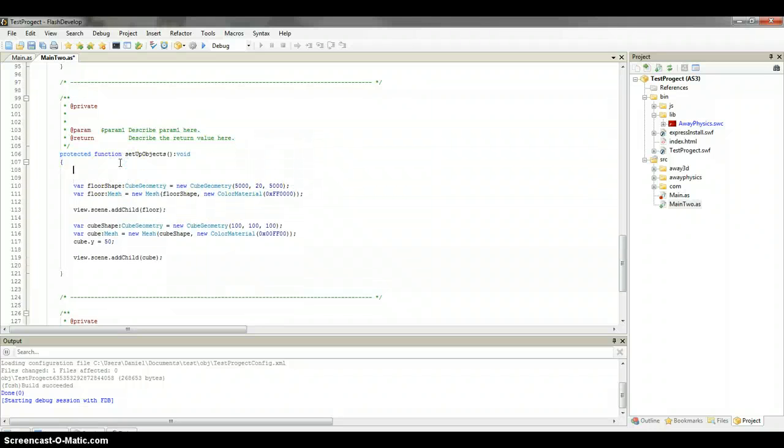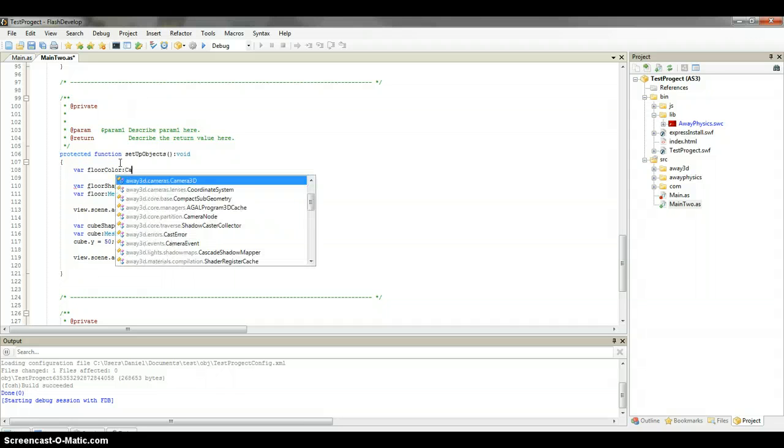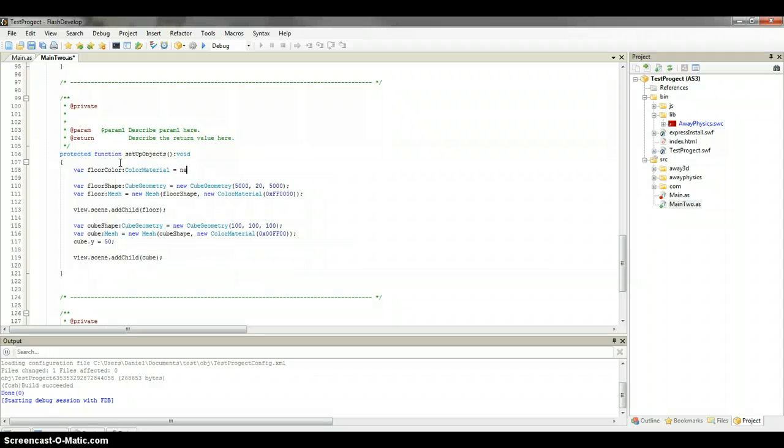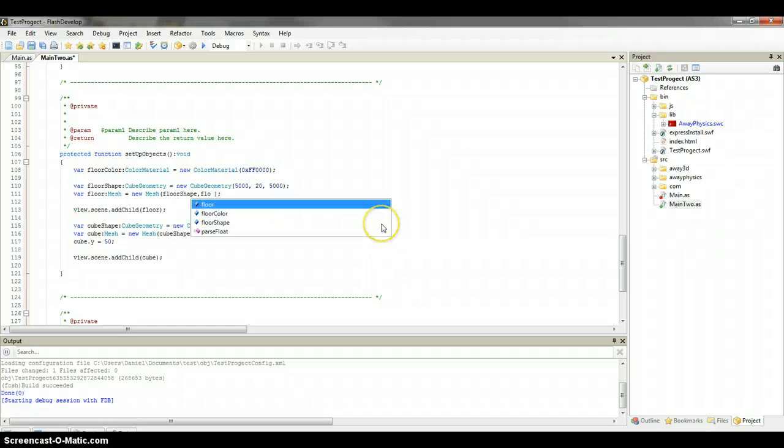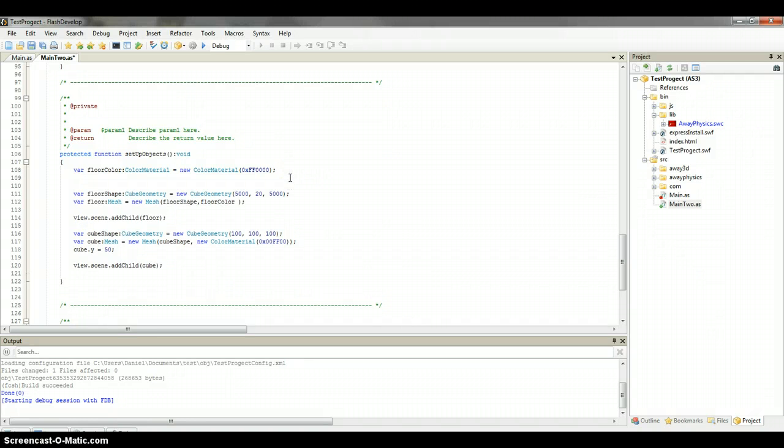Okay, so go down here and see where I add colors. We need to actually, when it comes to this, make color materials. So we'll say floor color, color material. It's new. When you do that, we can just cut this, and then right here we just put floor color. Okay, that should work. And then from there, floor color dot